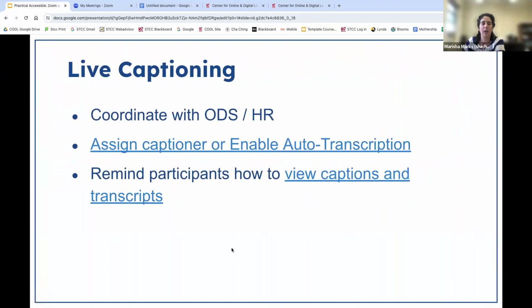All right, so I mentioned live captioning. We looked at automatic captioning. Automatic captioning is great, it's a great first step, but it is not ADA compliant. ADA is the Americans with Disabilities Act. And if you have somebody with a documented hearing impairment, they will require captioning that is accurate to 99%, which